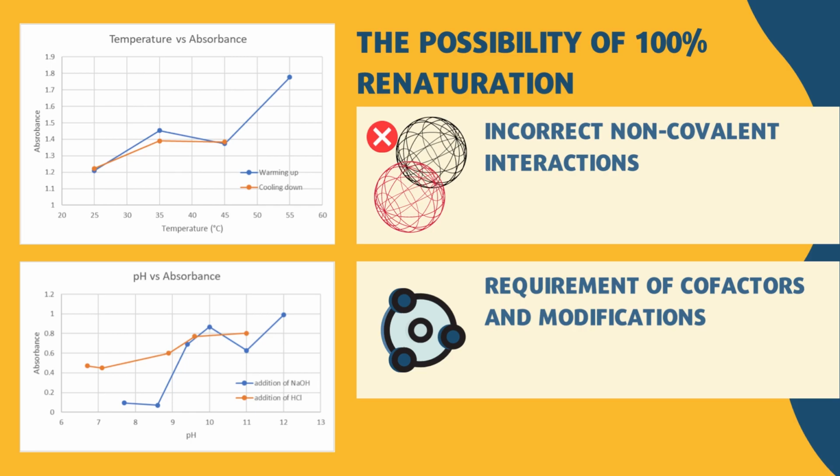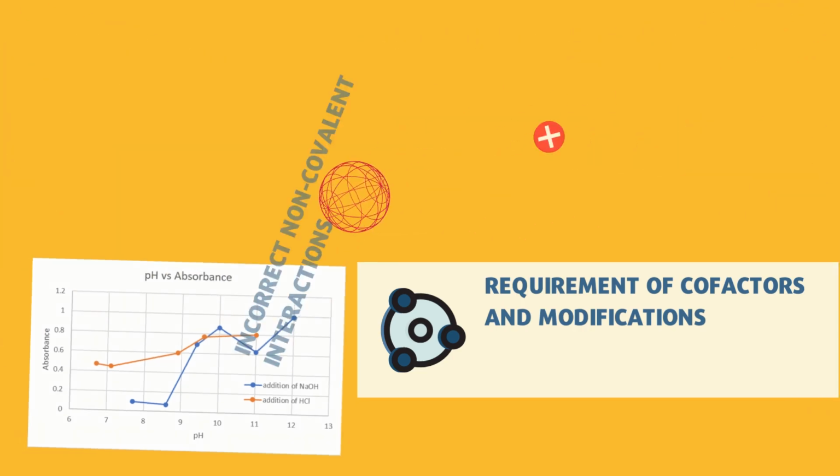The decrease in proteins at the native state can be attributed to the incorrect non-covalent interactions. As the number of renaturation and denaturation cycles increase, the number of incorrect interactions increase. Additionally, some proteins have features that do not allow complete renaturation, as it requires additional factors such as the presence of important disulfide bonds and cofactors, which were mentioned early on in the presentation.